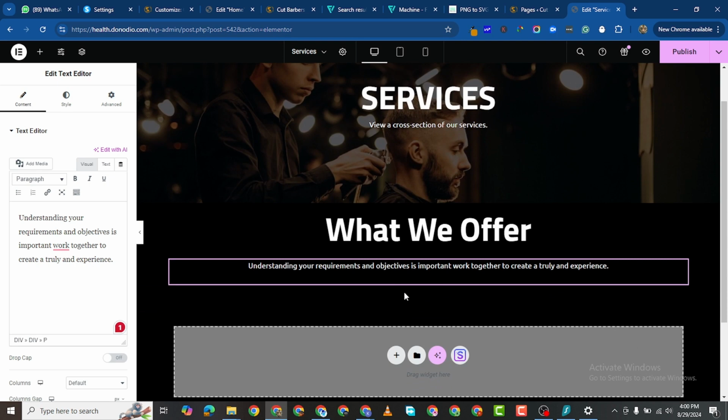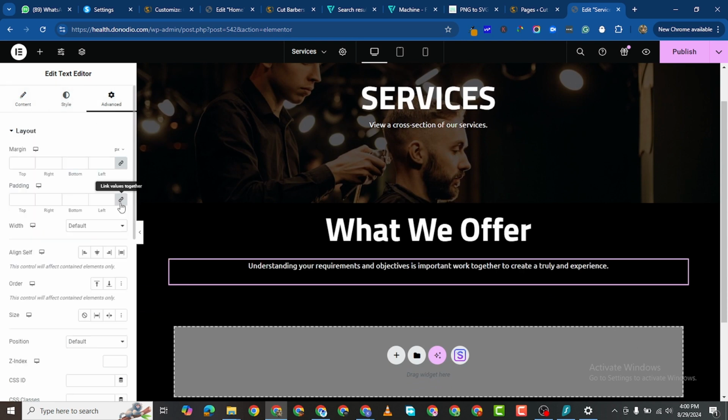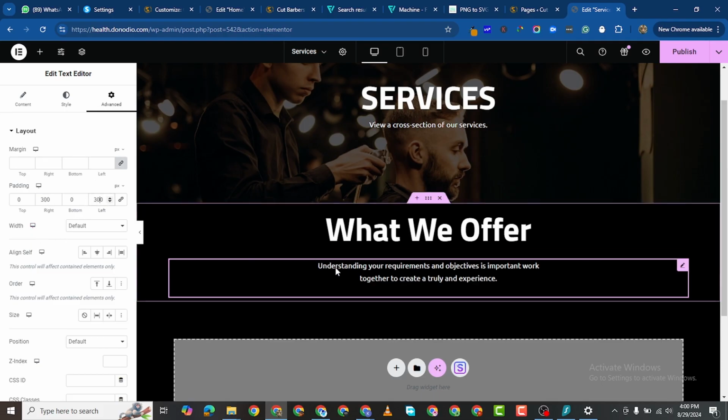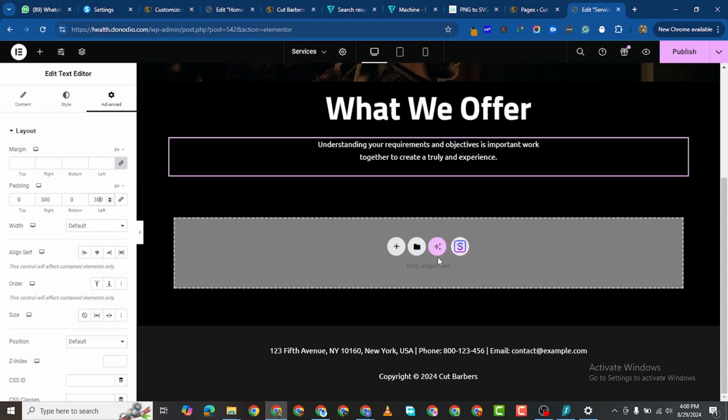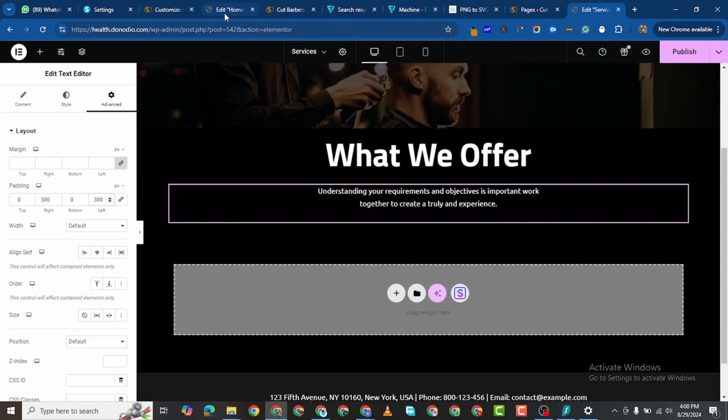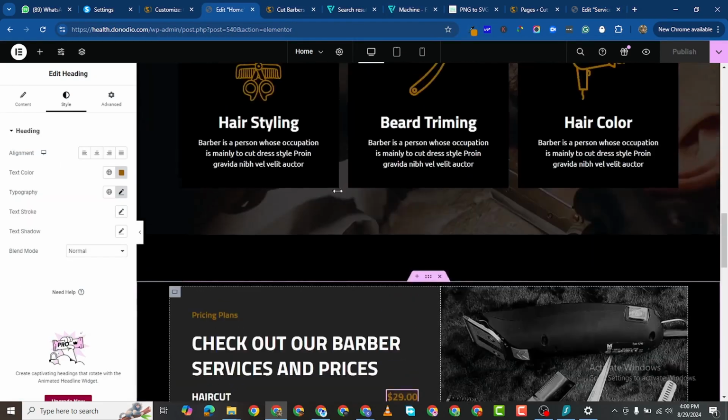So I'm going to leave it as it is. And at the same time, I could make this text padding right 300, left 300. So the next thing I want to do is that I want to copy this from the front, the home